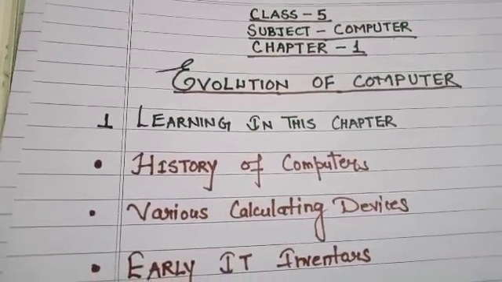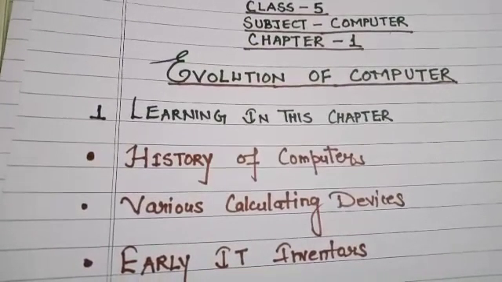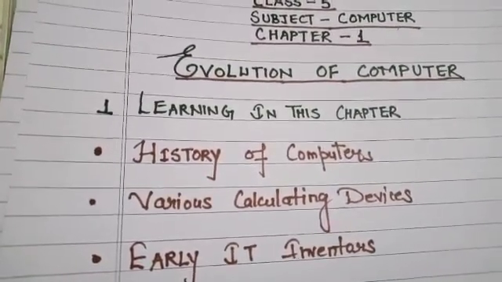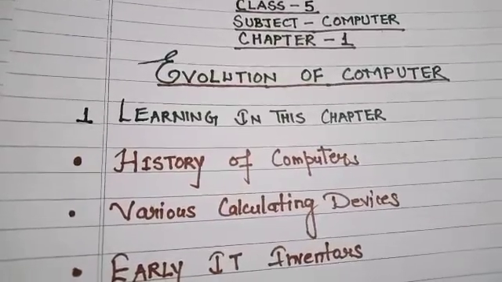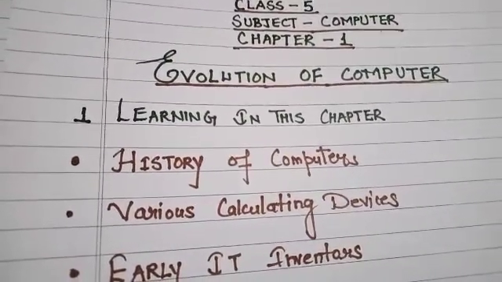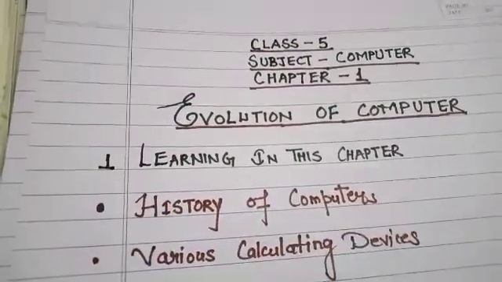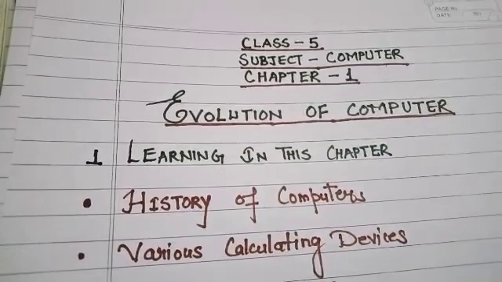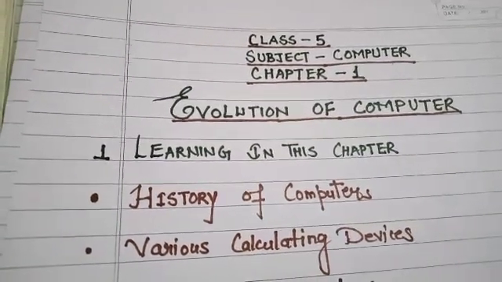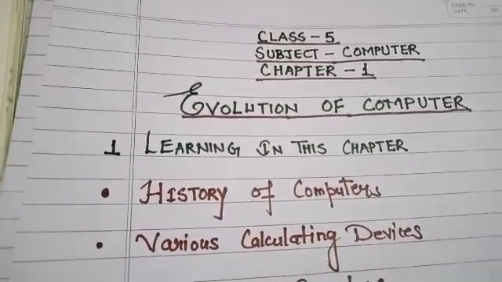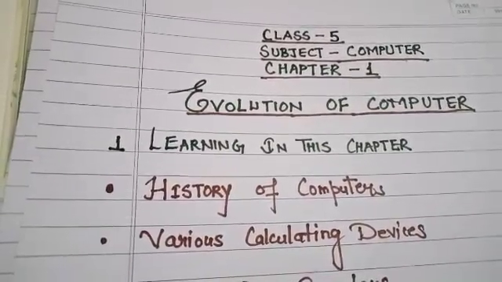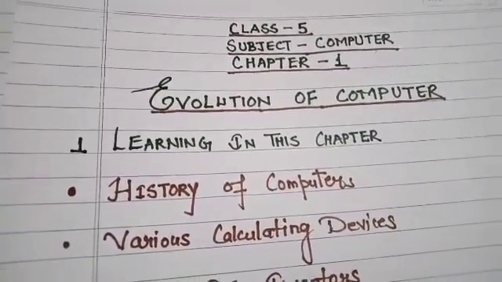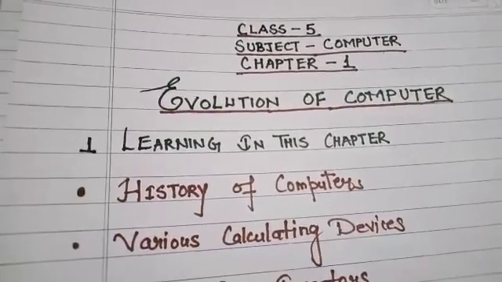So students, if you have a book with you, you can read this chapter. The important points I have already discussed with you. And if you wish to write these notes in your rough copy, you can write them down. And in your fair copy, if you have one, you can write three early calculating devices, three early IT inventors, and paste, or you can draw the different types of computers. And if you don't have the fair copy with you, you can do it in the rough copy also.